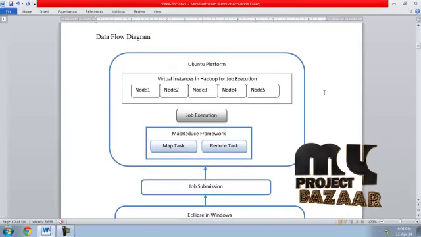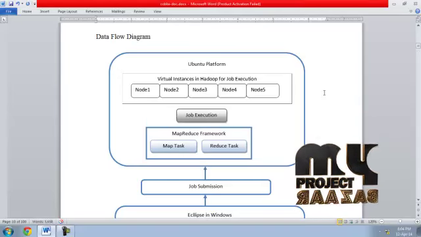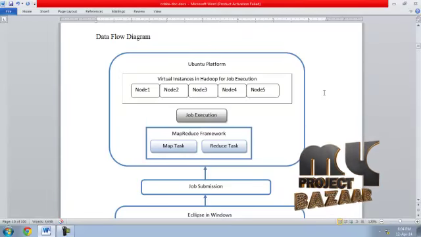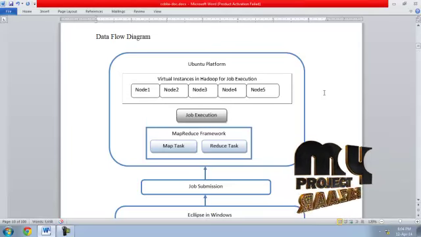Let me see the flow diagram. First, Hadoop will run under the Ubuntu platform. There are various instances of Hadoop for job execution. Various nodes are running for the Hadoop. First job